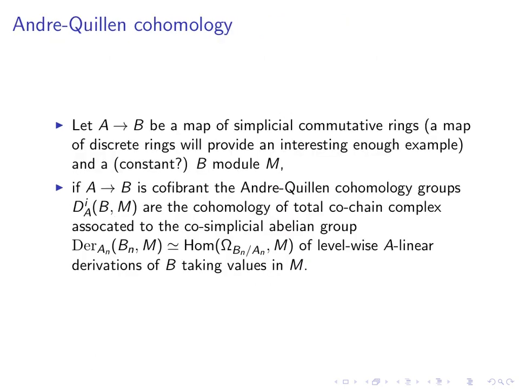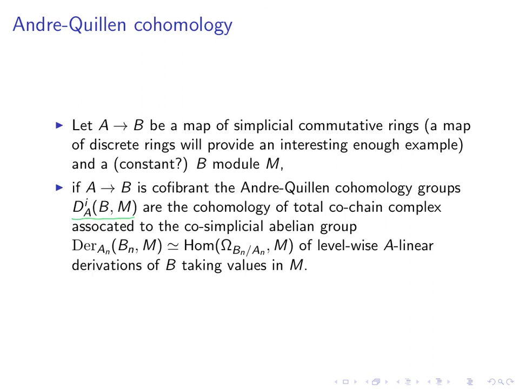So let's review what the André-Quillen cohomology is. If you have a map A to B of simplicial commutative rings, for example, a map of discrete rings, and then if you have a B-module M, I think the B-module has to be constant, although that wasn't mentioned in Galatius and Venkatesh. So if A to B is cofibrant, the André-Quillen cohomology groups, denoted like so, the ith cohomology of B with coefficients in M is the cohomology of the total chain complex associated to the cosimplicial abelian group given by the